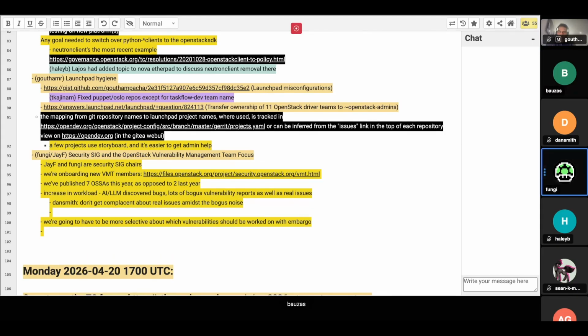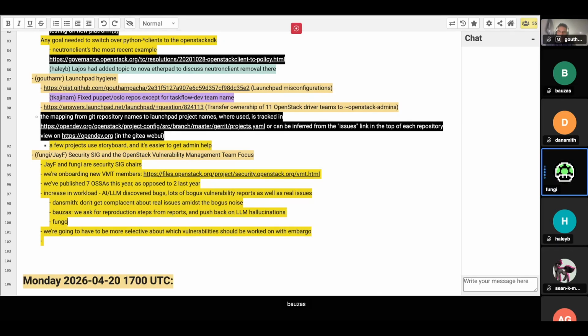Yeah, I'm sure that my opinion doesn't necessarily match the opinions of the other people on the VMT or people running and maintaining the projects that we are helping to oversee vulnerability reports for. But I personally would be in favor of pushing back on reporters to supply some sort of exploit scenario that's reproducible, and that if they can't do that in a relatively short period of time, then we switch the bug report to public and let people mull over it if they have time.